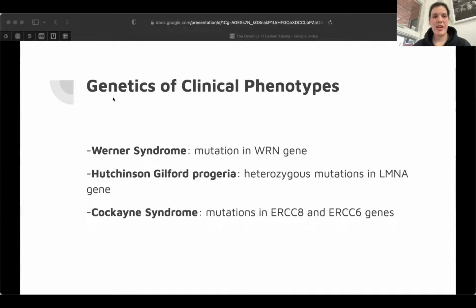So next we have overall genetics of clinical phenotypes, more specifically delving deeper into those already known diseases. Werner syndrome, like we said, is the adult-onset version of one of the progerias, and it involves a mutation in the WRN gene, which encodes a member of the RECQ family of helicases that is involved in DNA recombination, replication, and telomere maintenance. And so that can perhaps lend some insight into why this is adult onset, because it takes a significant aggregation of this mutation over time to appear in phenotype.